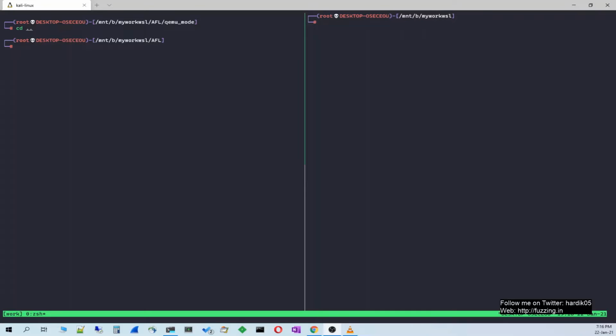But before you use that mode in AFL, you need to compile and install it. So first we will see how to compile AFL QEMU mode, and then we will see how to use it. Again we will use our simple damn vulnerable C program. For this example we will compile it and then fuzz it using AFL.